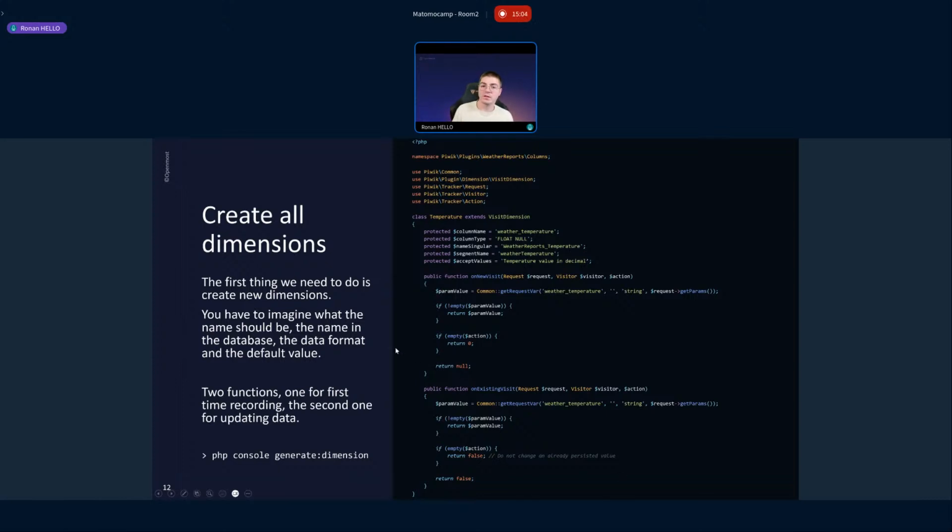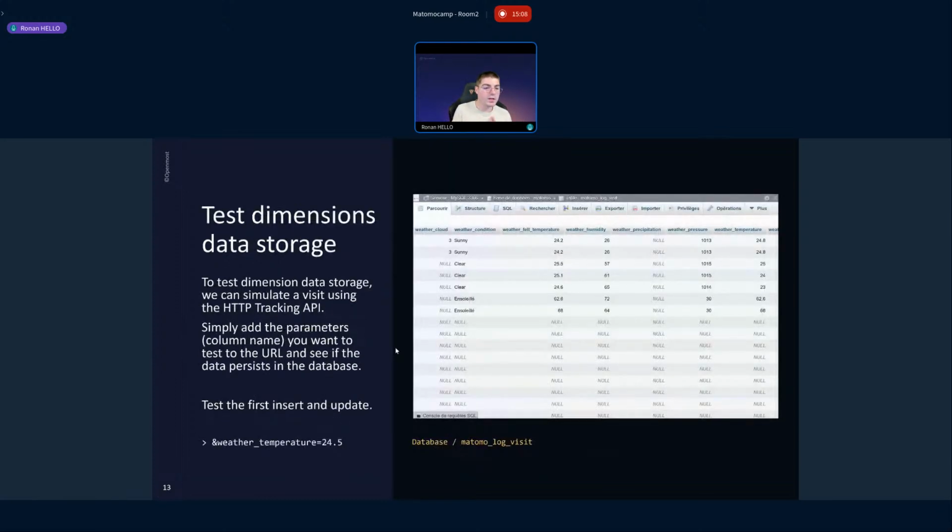Okay, now we have all the dimensions we need to make the plugin work as a starting point. Now we need to test the data storing of the custom dimensions we just created in our plugin. How can we test this? Firstly, I just want to be sure that the database has been updated to allow data to be stored in